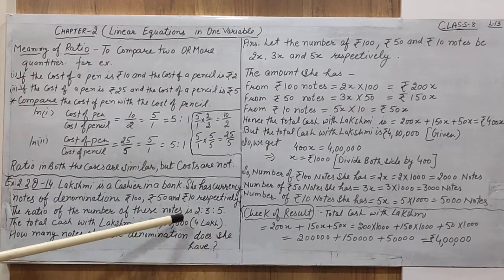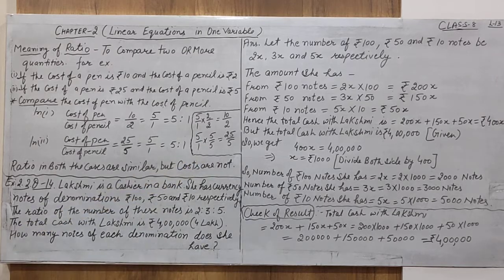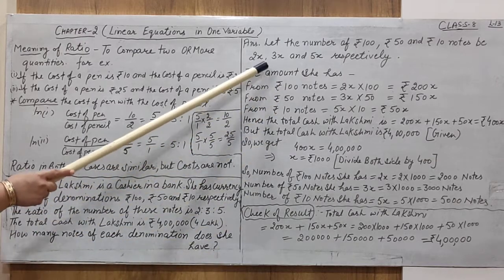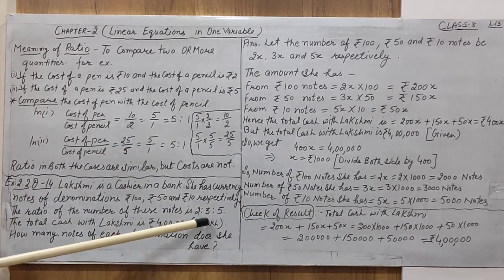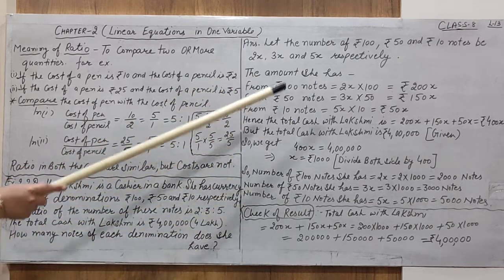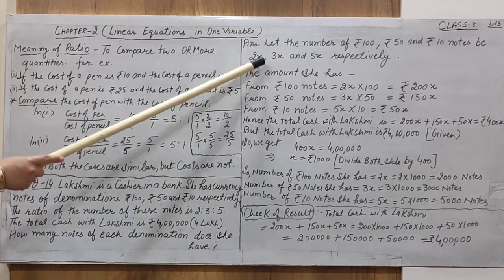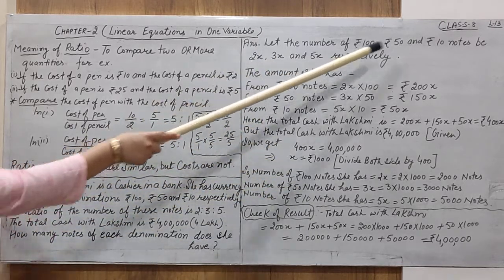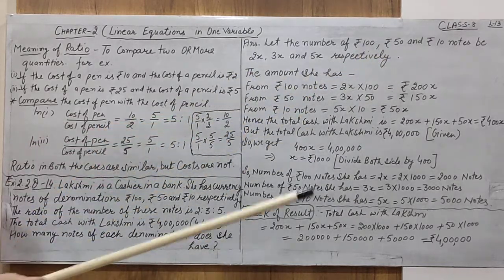Okay, these numbers are in ratio. When we are going to change into values, we have to multiply with some number, but one number we are going to select. So suppose here the number is x. That is, we have to suppose a number x to change the ratio into values. Values may be amount or values may be numbers. Here the values are the number of notes related to these denominations.